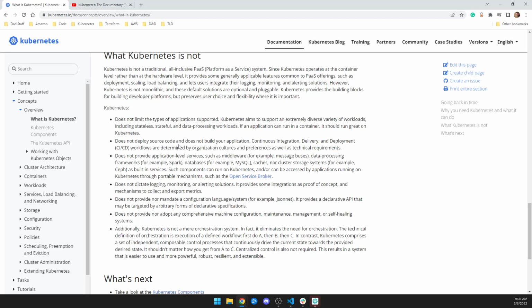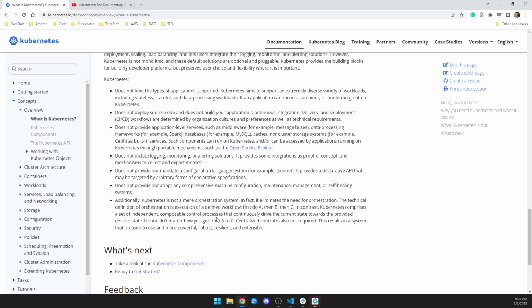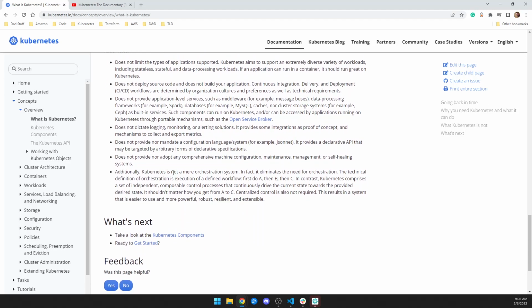Right? You still have to have CI/CD. It does not provide app level services such as middleware, and dictate monitoring alerting solutions. It doesn't mandate some sort of configuration language, or adopt comprehensive machine configuration. And really, it is an orchestration system, but there's a little bit more to it than that